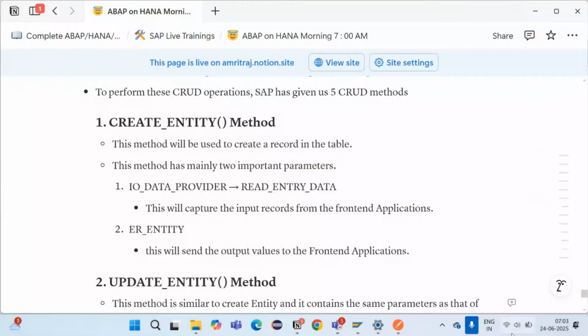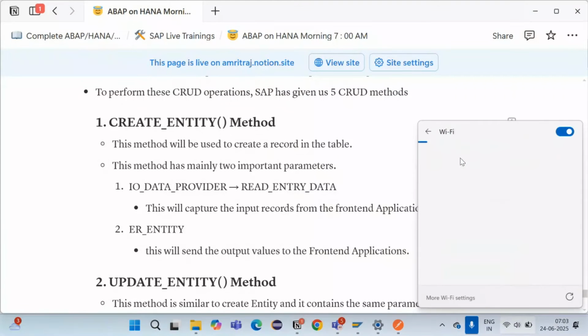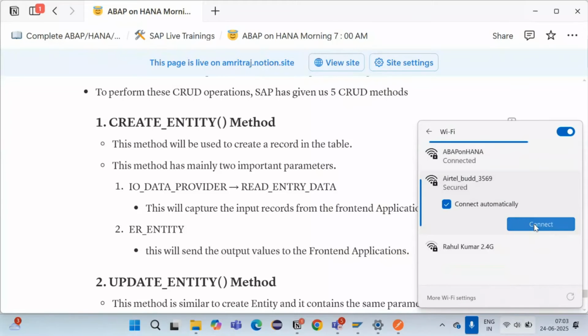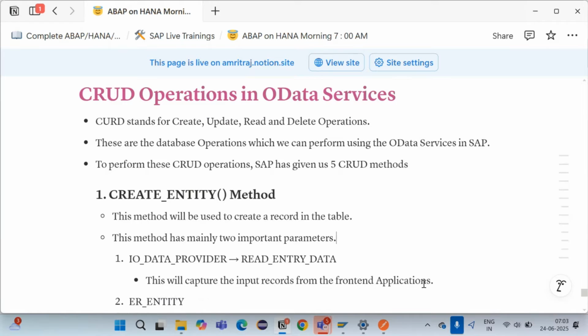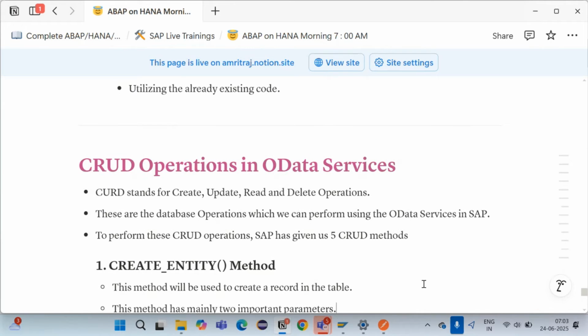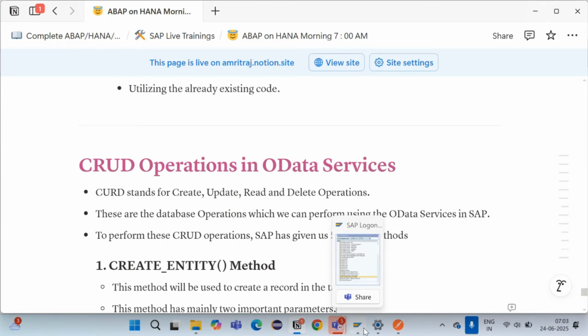We were discussing performing CRUD operation, correct? Am I audible for everyone? Yes, sir. Okay, great. So we started the CRUD operation in OData Services, and in our previous